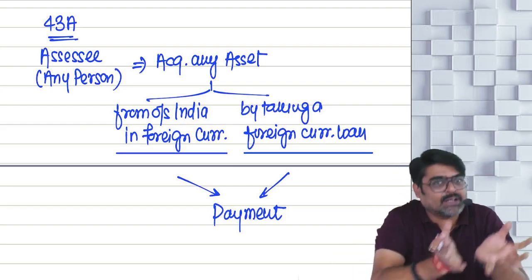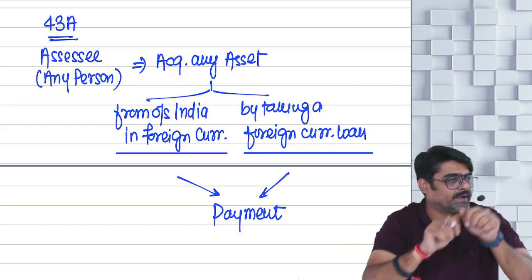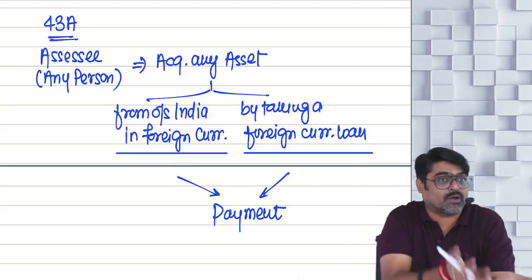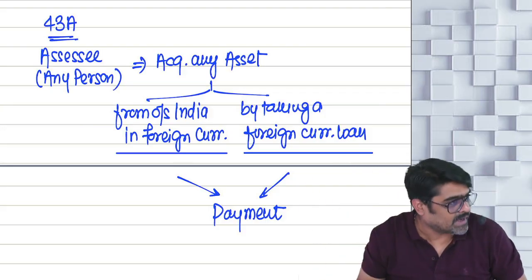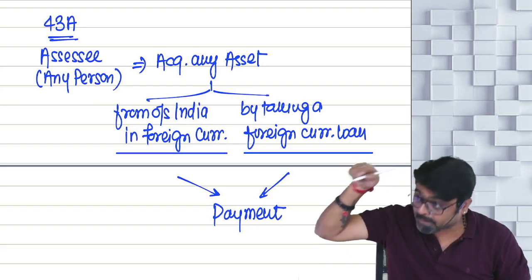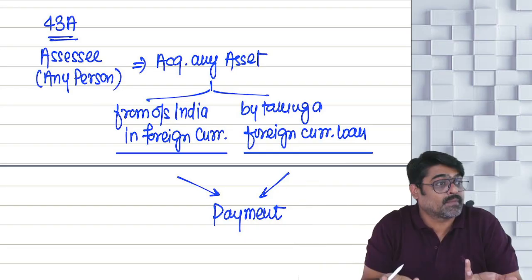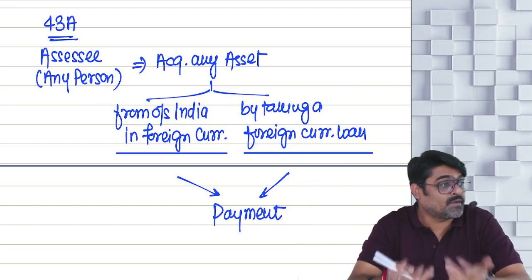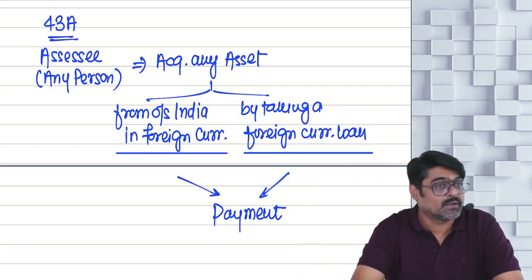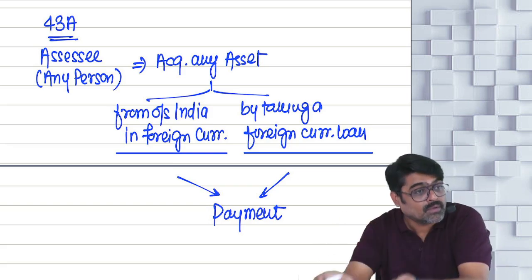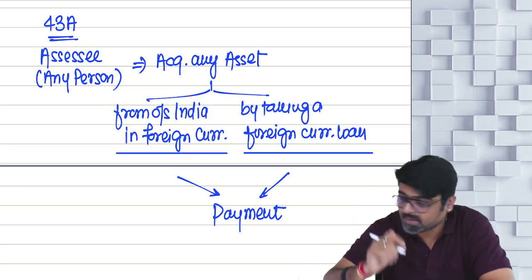So you create your liability at a different rate. And maybe the payment you are not going to do right now, the payment you are going to do after some time. So at the time of making the payment for this asset, later on, at that time, the foreign currency rates are different. And as a result of that, you might incur some gain or you might incur some loss. So at the time of payment,